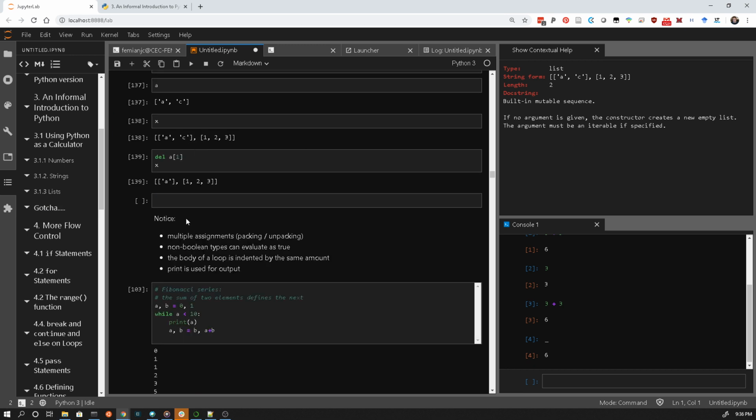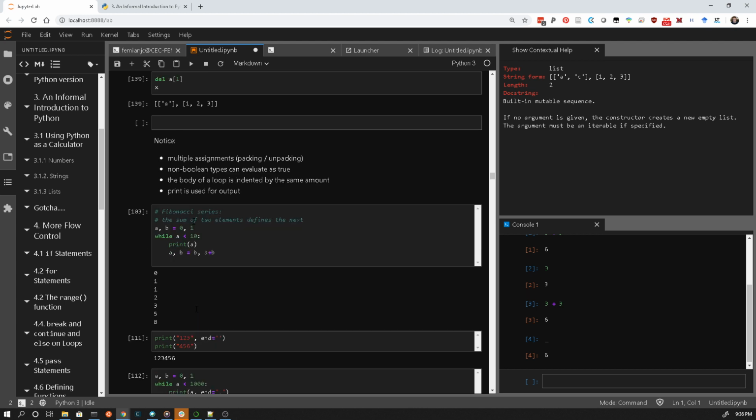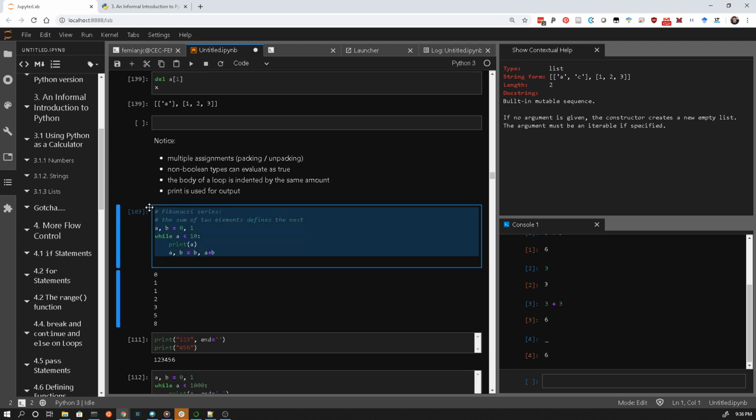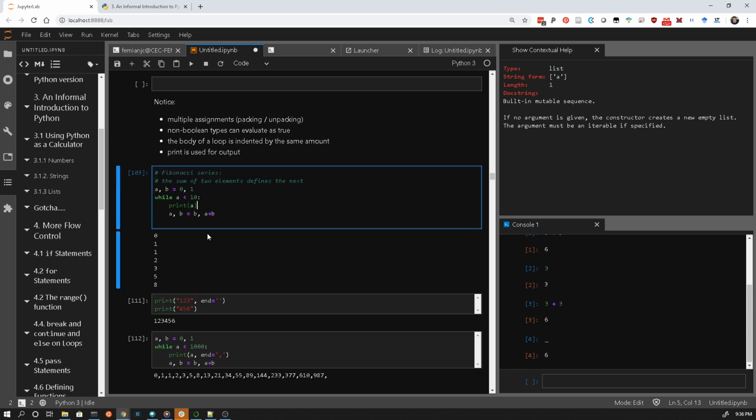So multiple assignments. Okay, so here's a chunk of Python code and some things to notice about it. The first is multiple assignments. In this line here, we're setting the variable A to 0, and we're setting the variable B to 1, all in one line of code. So what's happening here is, we'll explain it later, it's sort of tuple unpacking and packing. But the idea here is you can assign multiple values to multiple objects in what I think is a pretty